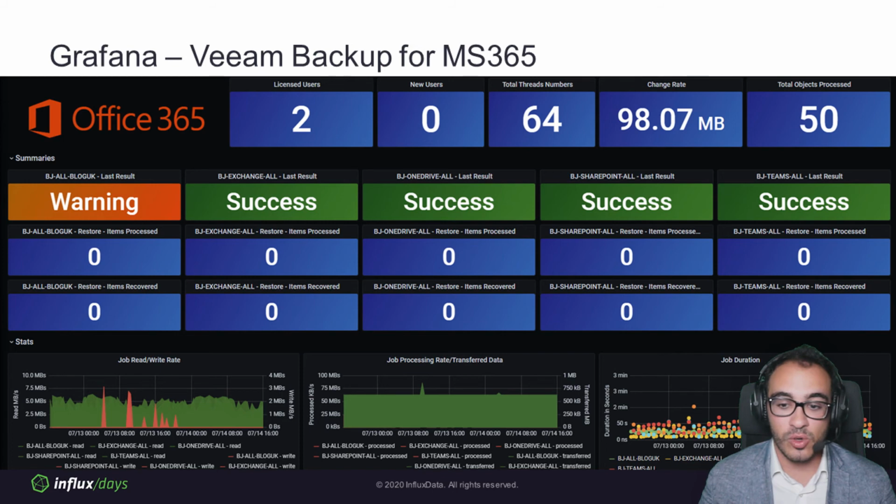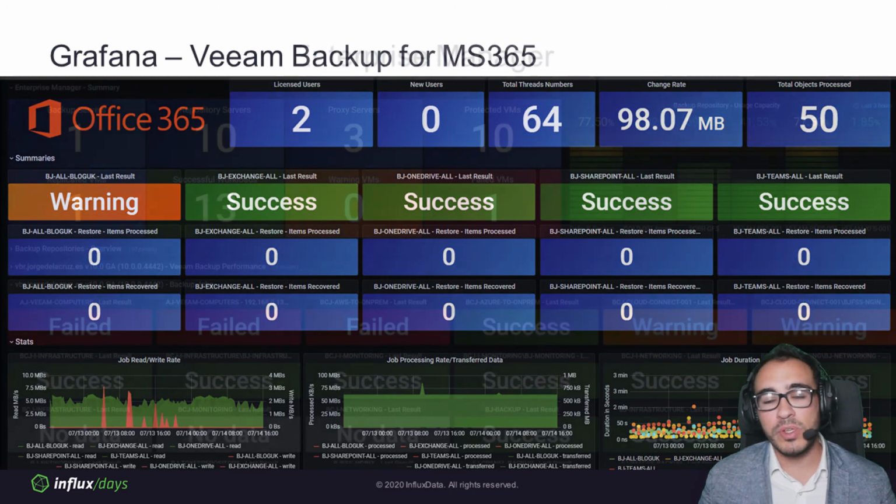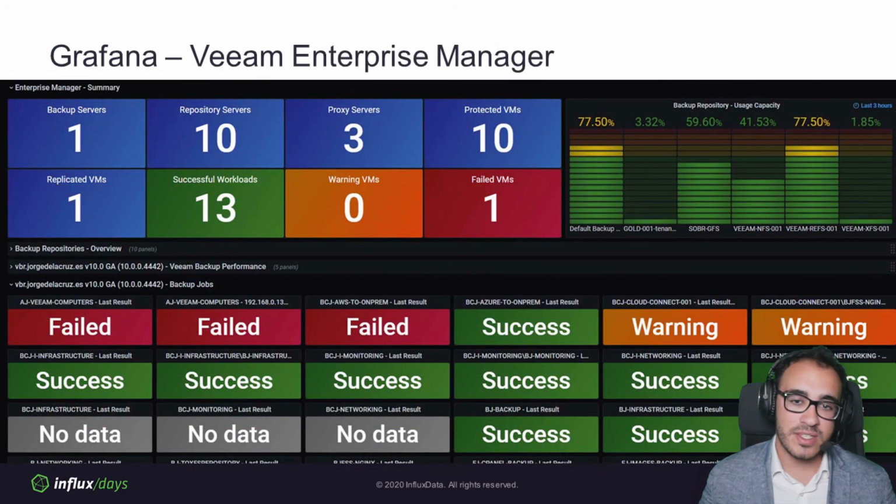And as you can see over here, once again, the job duration. This is one of my favorites that I absolutely like, and it's giving you the job duration on these sort of bubbles, on these sort of dots, and it's super easy to see which job is taking more or less time. So now moving to one of the most advanced dashboards that I built over this time,